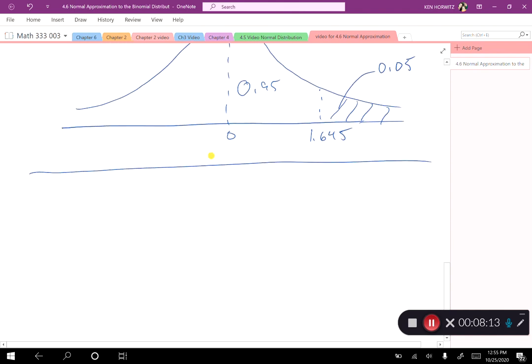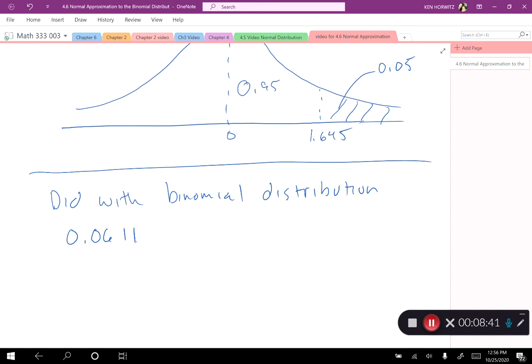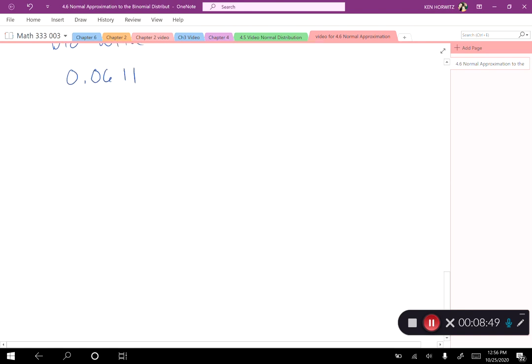All right. Now, if we did this with a regular binomial distribution, our answer would be 0.0611. So we can see there's a little bit off. All right. Now, are there ways we can improve this? Absolutely. We can improve it with something called our continuity correction. And basically what our continuity correction does